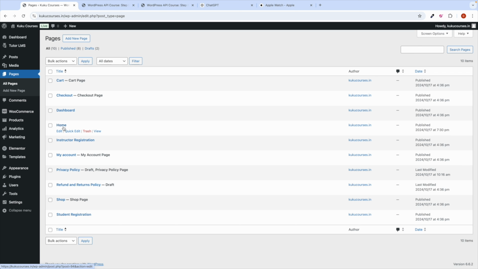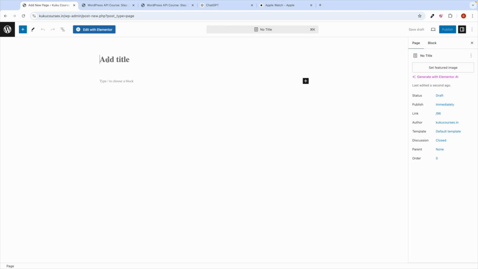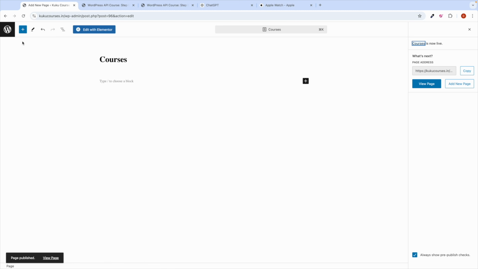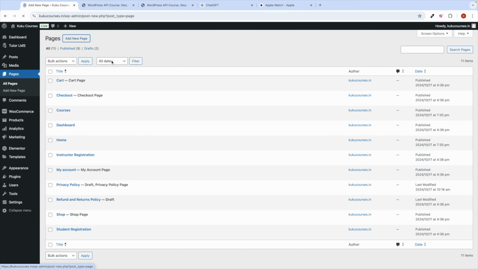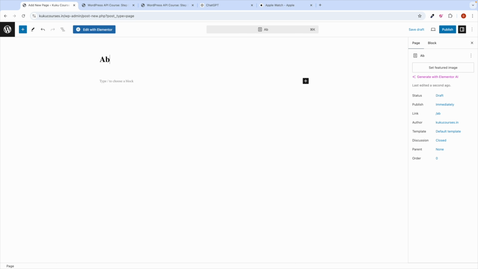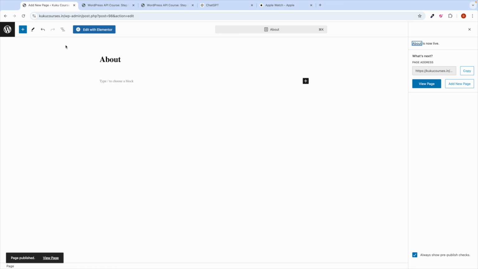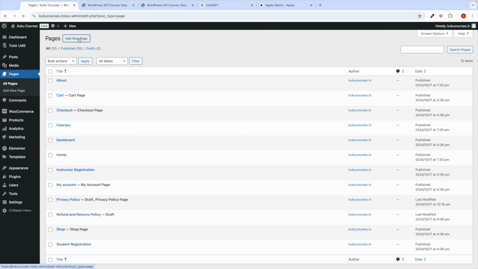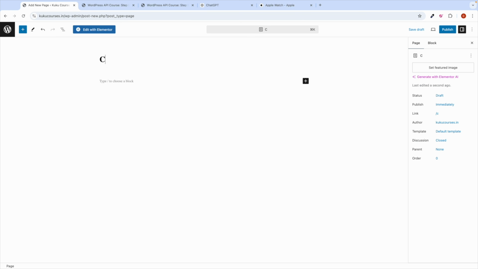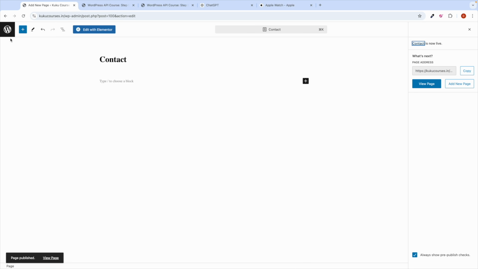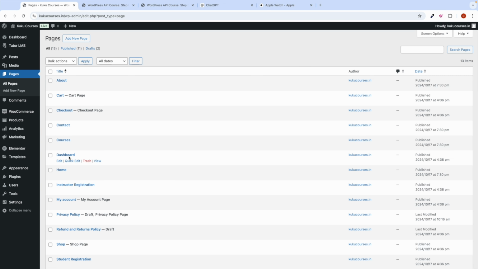Now the home page is done. You can see the home page is created. Another page is the courses page. That's it. Third page, let's say we can create an about page where people can know about you. Just click on this WordPress dashboard. The last one will be the contact page where people can contact you. So we have created multiple pages: home page, courses page,